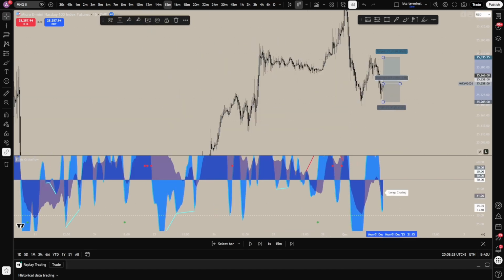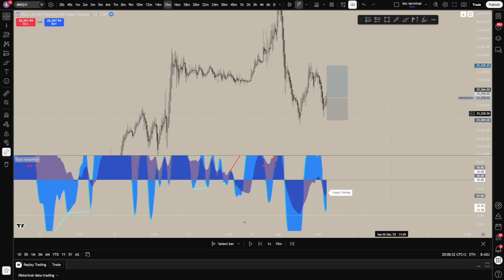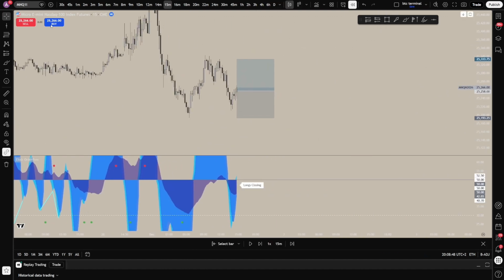Normally, I would definitely use other tools. I would have my POI detector on, but I'm not going to do all of that for now. And I'm not sure at all this trade is going to play out. I do think it's going to play out. I'm pretty sure. So what I would do is I put my stops either here or here. Let's just put them here for now. And I would target either these highs, or I would